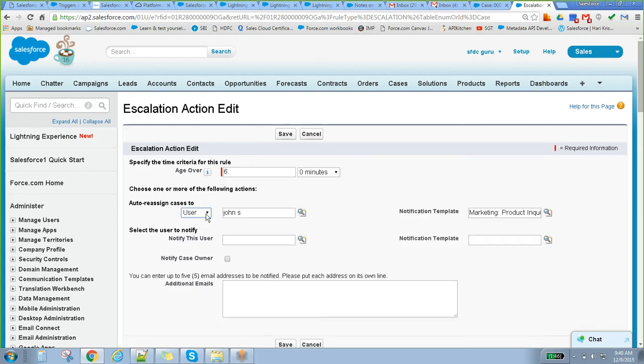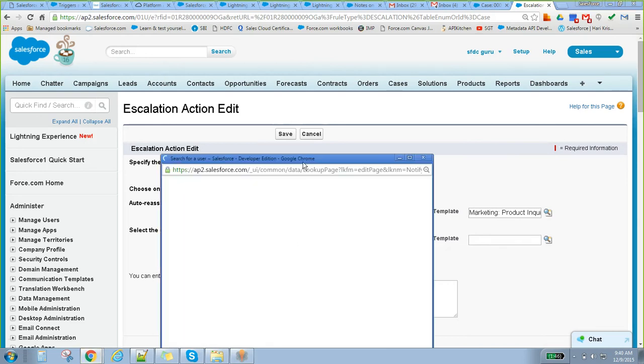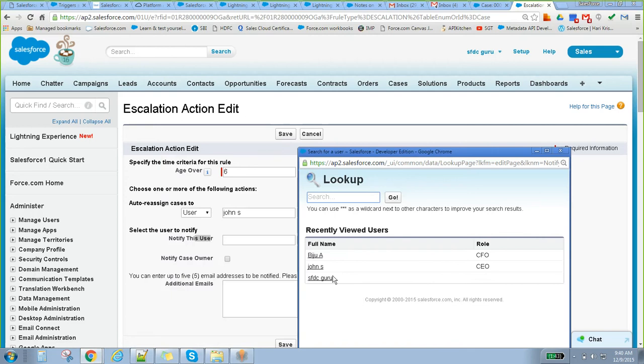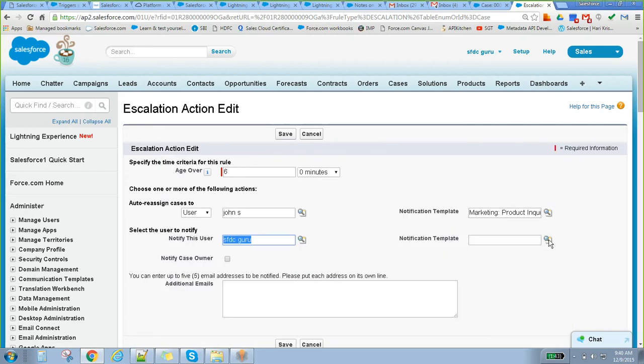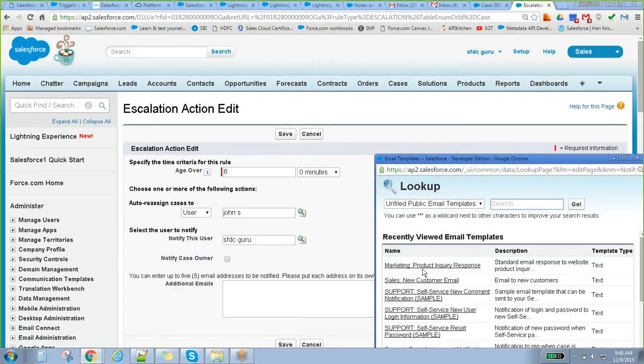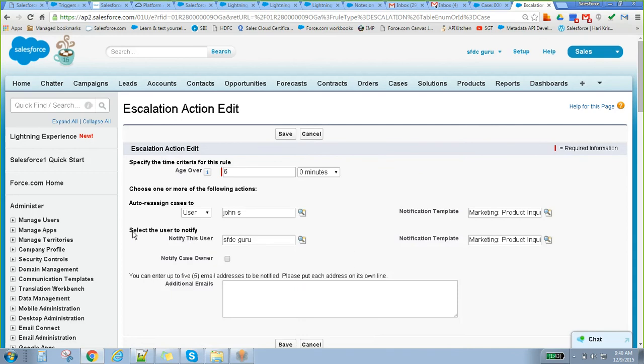Select the user to notify, someone like your manager. If something got escalated, we can send a notification to your lead or manager or reporting manager.